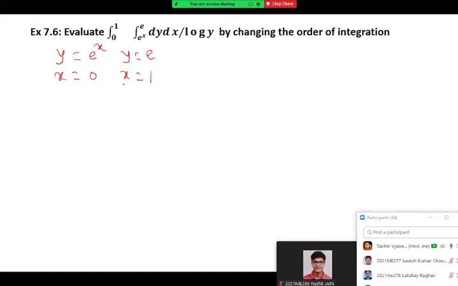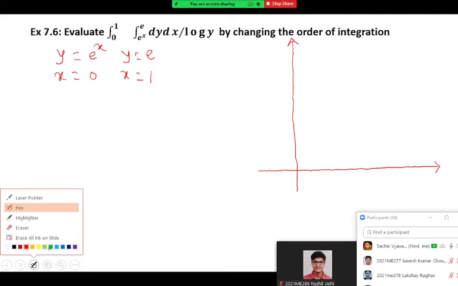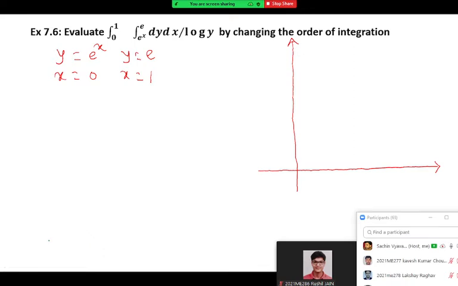Once we get all these four curves, we have to draw them, tracing the curves. We want just the rough nature of the curve, so no need to draw a perfect curve. So e raised to x: what is the nature here? It is always increasing, exponentially upwards. And what about the intersection point? At 0 comma 1.